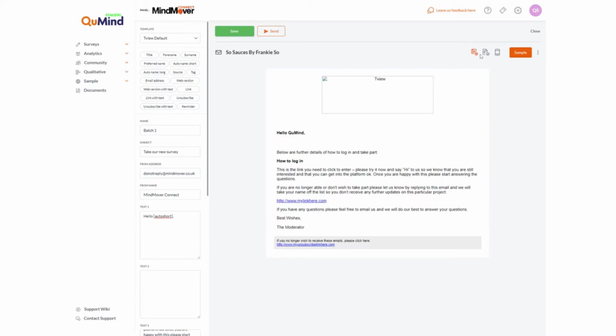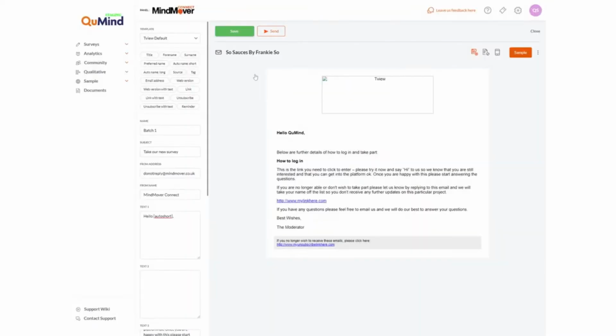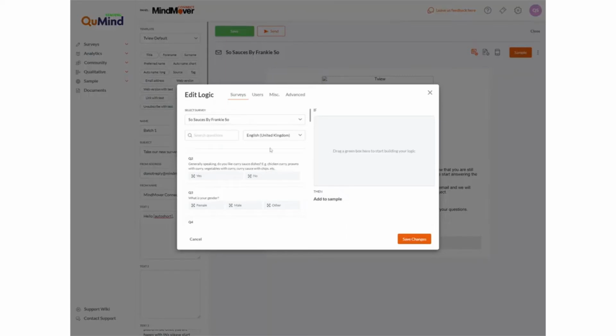Once you're satisfied with any testing, we can click on Sample, and we can also click on the three buttons to duplicate for further email invitations. We can check the spam score, or we can send test emails, which we will come to in a moment. Before we get there, select Sample, create New Sample, and this will open up